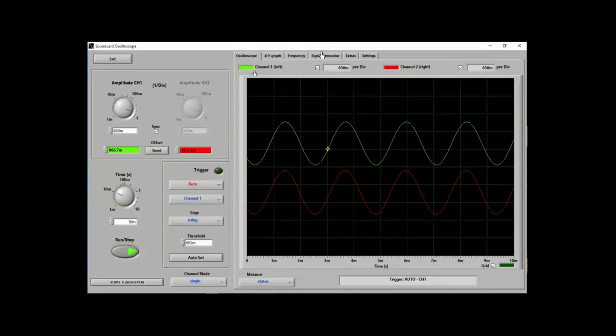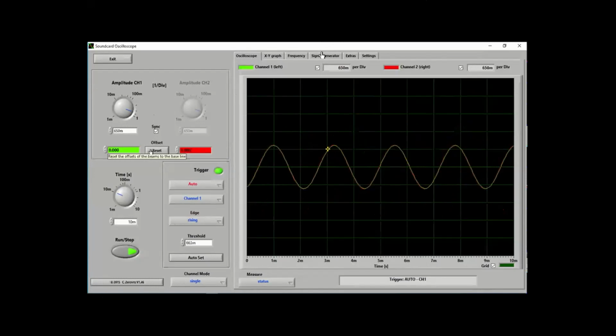In this panel, first click on the oscilloscope, and after this you go here. In this block, can you see this amplitude block? If you are able to see this amplitude block, go there and you will see this offset. Just click here. At the starting it will be like this: both the waveforms are not separated from each other. But if you go here and click on this green tab, the line will appear.